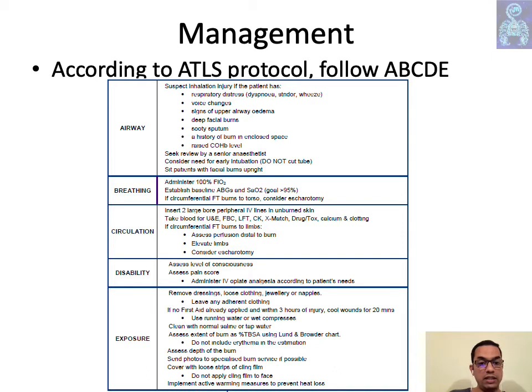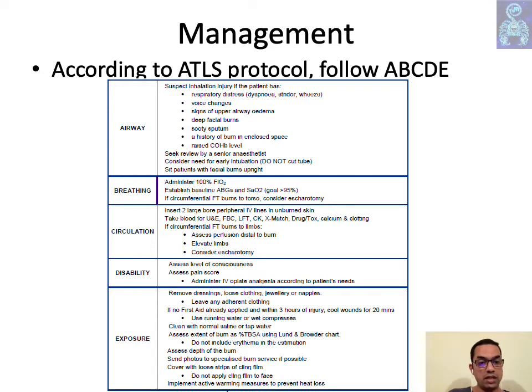Now you'll come to calculate the burns area. The most accurate is the Lund and Browder chart, but you can also use the surface area of the palm of the patient, which can be considered as 1%, and then you can calculate based on that, which is cumbersome. The easiest way is Wallace rule of 9, which can give you a fair idea of involvement of burns. Maybe sometimes it will overestimate, but that's okay. You'll not include any erythema in this estimation. It should be at least partial thickness burns or deep burns, not only the superficial erythema is considered here.